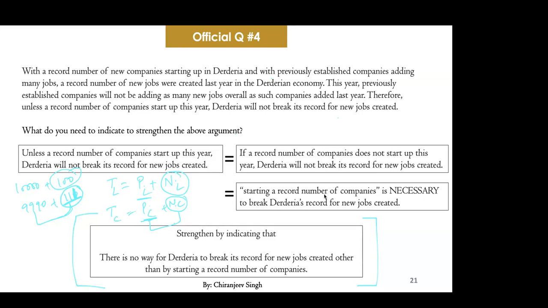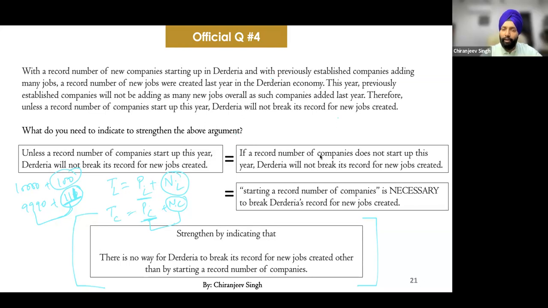तो उसको ही मैं अगर इस सिनारियो में अप्लाई करूं, तो जो सेकंड स्टेटमेंट लिखी है, तो is that valid कि if Y हो गया, no new job record, और X हो गया, then record companies didn't start? नहीं, उल्टा कर रहे हो, आप कन्फ्यूज हो गए अब उसमें। आपको ये बोलना चाहिए कि अगर जॉब्स का रिकॉर्ड बन चुका है तो फिर रिकॉर्ड नंबर ऑफ कंपनीज स्टार्ट हुई होंगी।